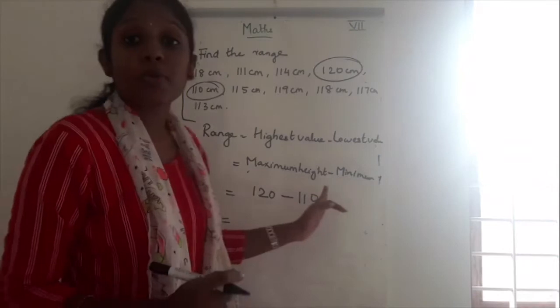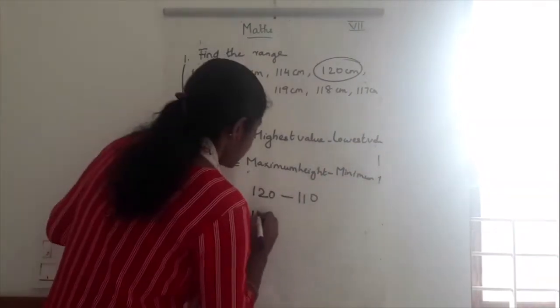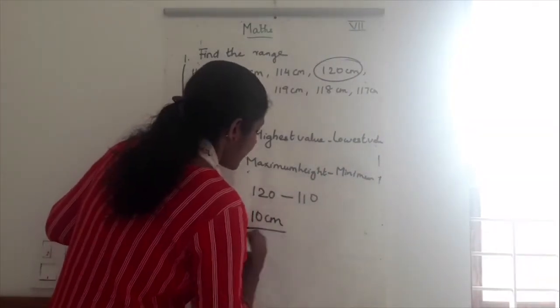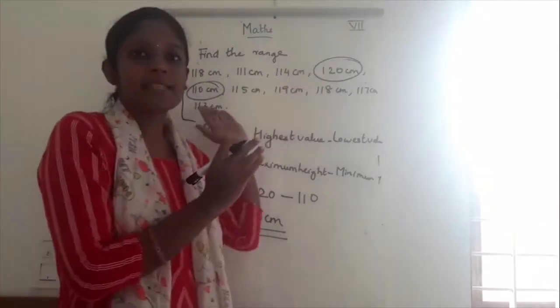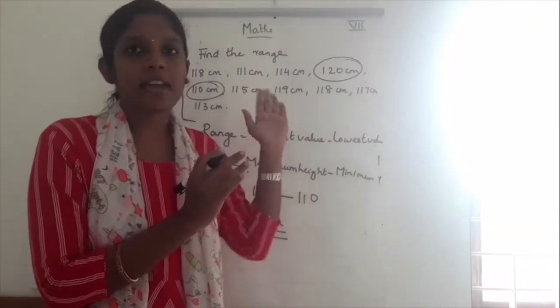So find 120 minus 110, it is 10 centimeter. So here the range is 10 centimeter. Either you can find out directly the maximum and minimum, or the highest value and lowest value, or arrange it